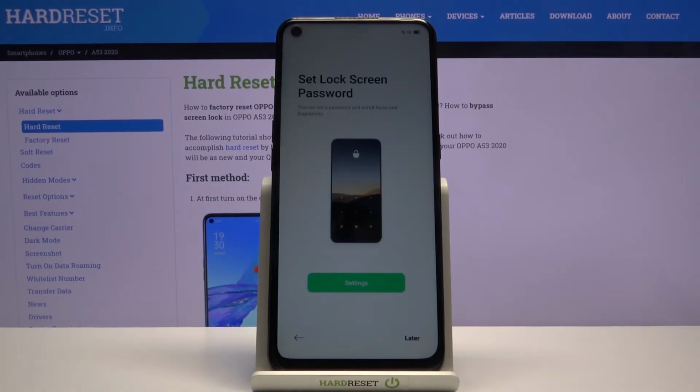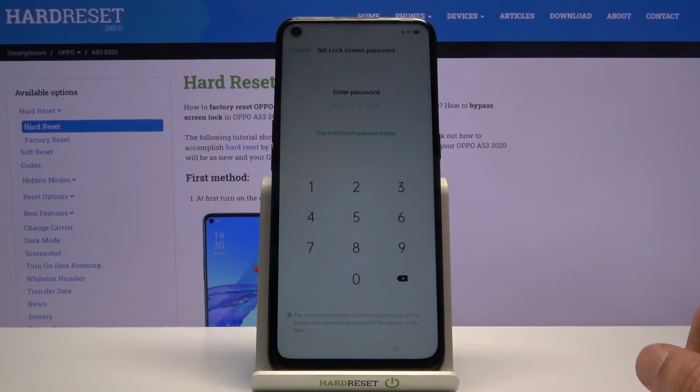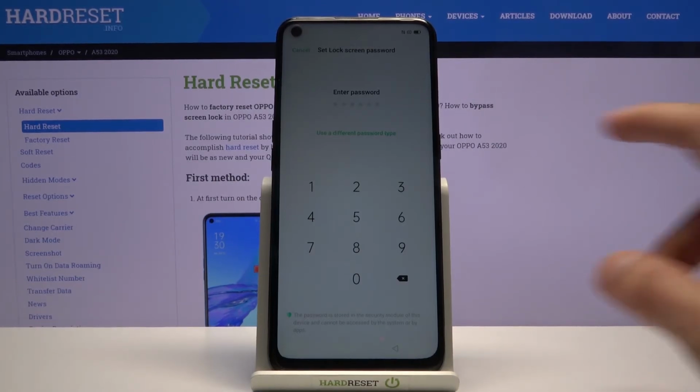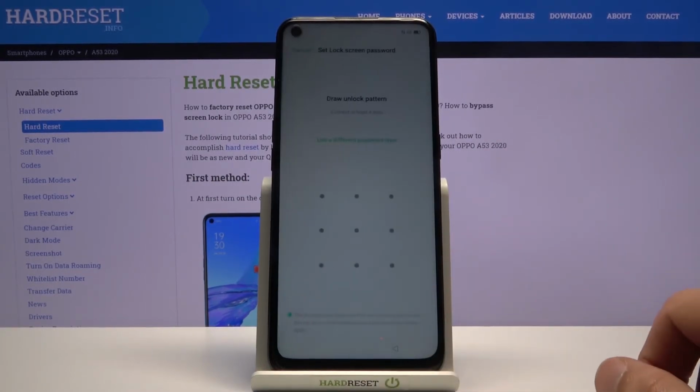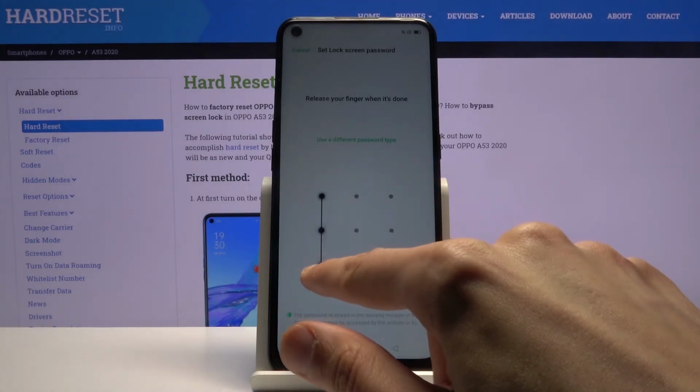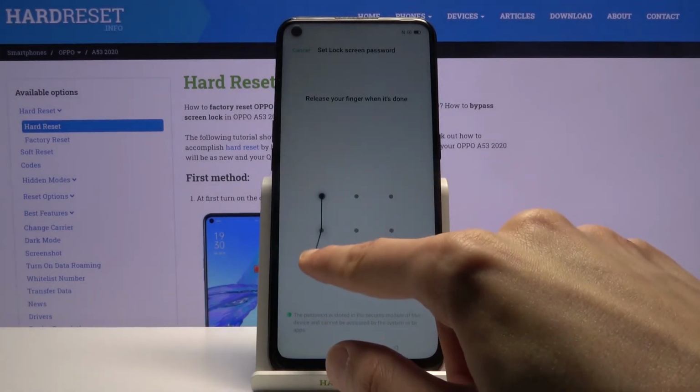And on the next page we can now set a screen lock if we want to. So you would go into the settings if you want to set it, and by default it will opt into this 6-digit PIN, but we can choose a different way. So we have also pattern, 4-digit password, 4 to 16-digit password, password with 4 to 16 alphabetical characters, and we'll cancel. Now I'm going to go with a pattern right here, and from there let's draw it, redraw the same pattern once more,